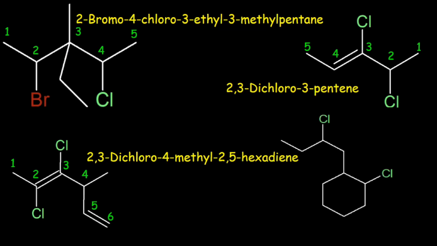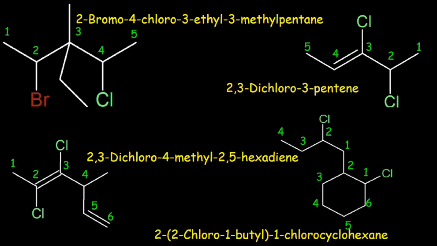If a ring system is attached with the chain system, then look for that part of the molecule as the heading part which contains the maximum number of functional groups. If 2 parts contain the same number of functional groups, then give the ring part preference over the chain part and select the ring part as the heading part. So number the heading part 1, 2, 3, 4, 5, and 6. Number the chain part 1, 2, 3, and 4. So the name of the molecule would be